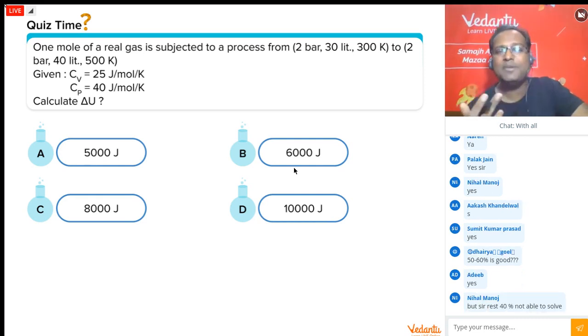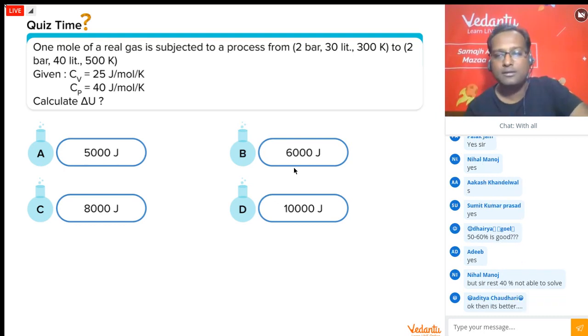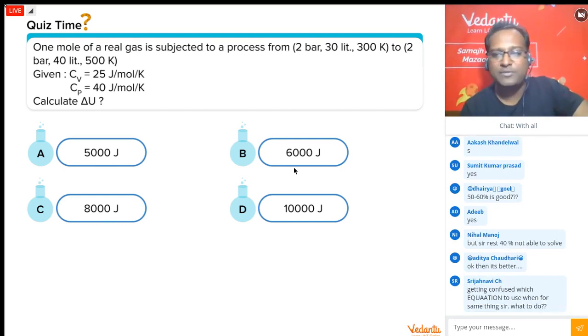Then you start re-attempting. Once you attempt, you get 50-60% correct. Then whatever went wrong or you were not able to do, you quickly re-attempt them. You don't see the solution. Then you'll be able to reach 70-80 guaranteed, because many times when you're attempting for the first time, you end up doing some silly mistake or you don't remember some formula, because of which it ends up going wrong. So if there are questions in your list which went wrong because of a formula, revise the formula, then reattempt. But as I've said, don't sit with theory while solving questions. It's absolutely fine to get 50-60% in first go.